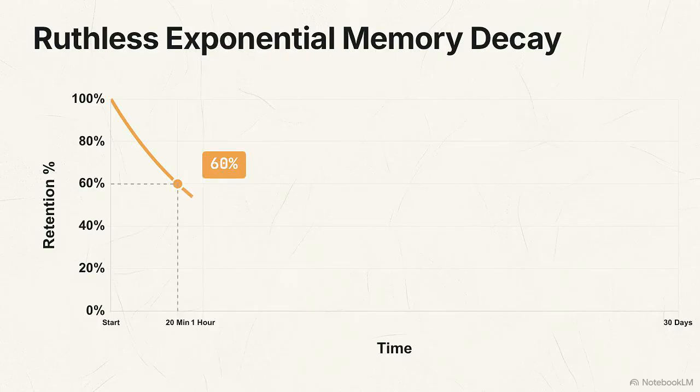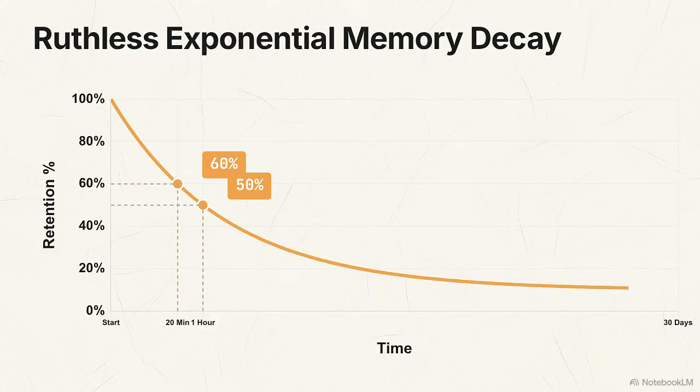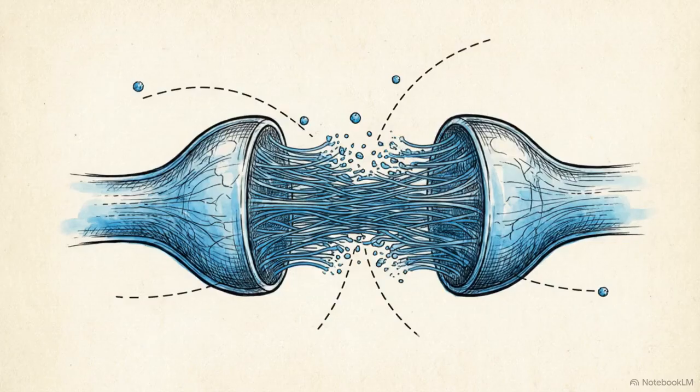the standard lecture format. Within exactly 20 minutes of your brilliant conclusion, the average student loses 40% of the new information. Past the 1-hour mark, and half of everything you carefully explained is gone. By the time 30 days pass, which is roughly the gap between learning a concept and being tested on it, retention of unapplied information bottoms out at a mere 10%.